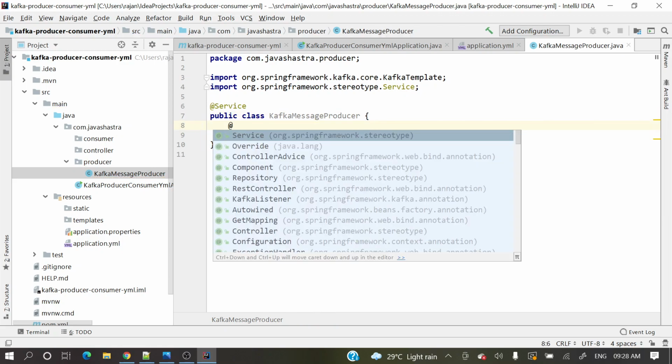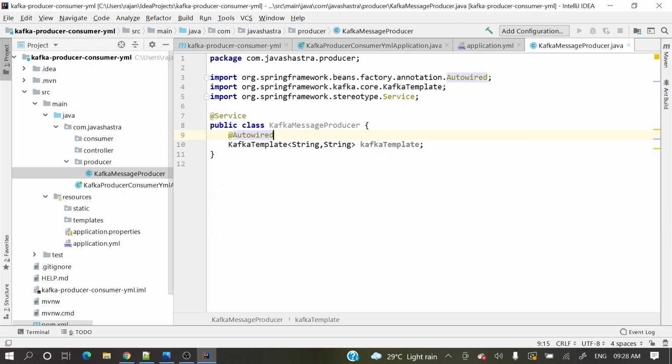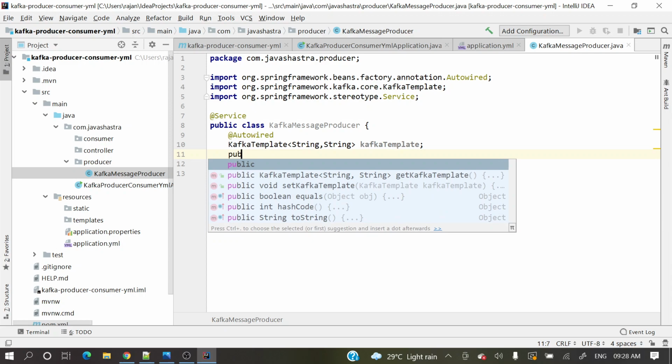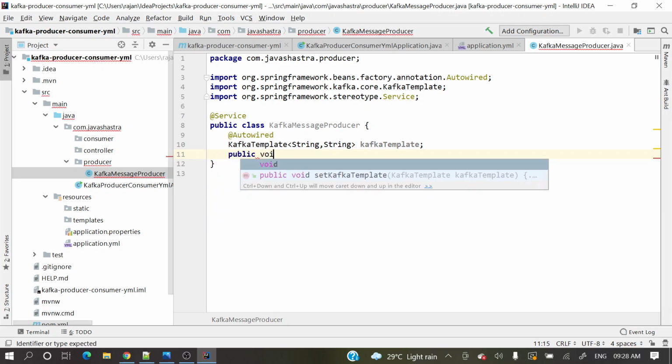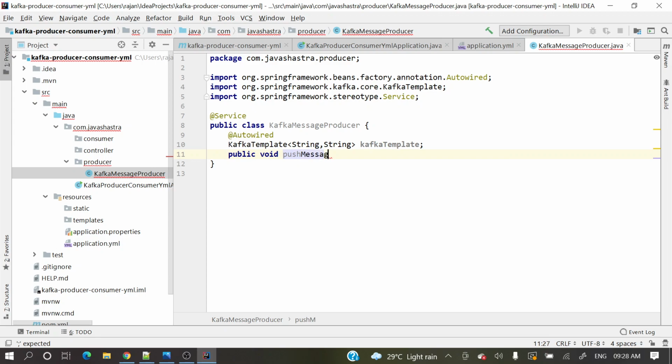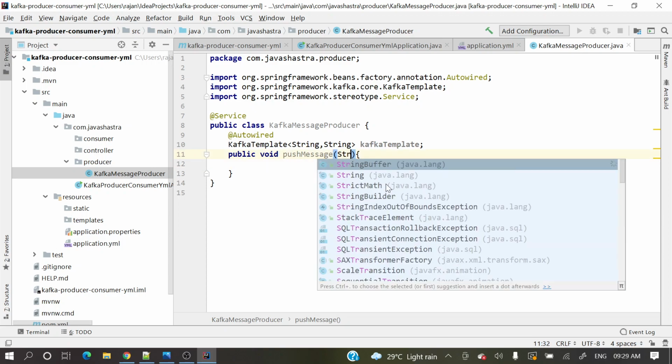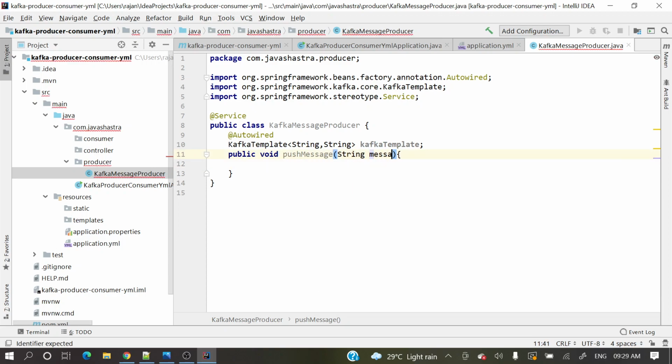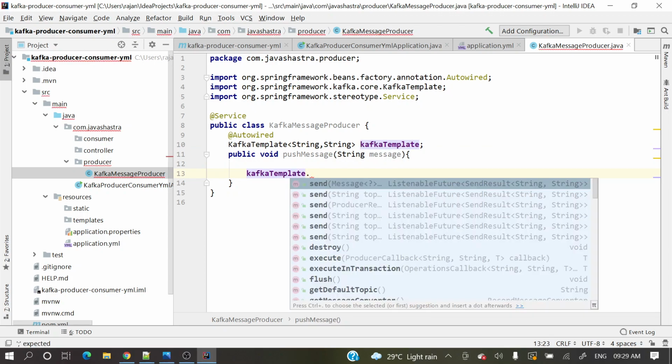Let's write a method to push the message: public void pushMessage, or publishMessage, whatever name you want. Here we'll receive the message as a string, and then kafkaTemplate.send.